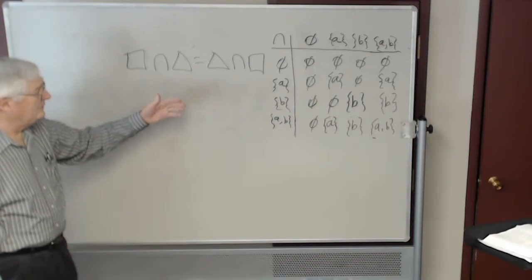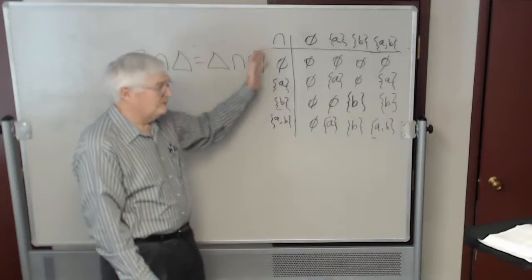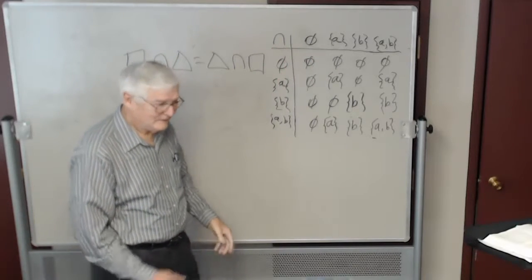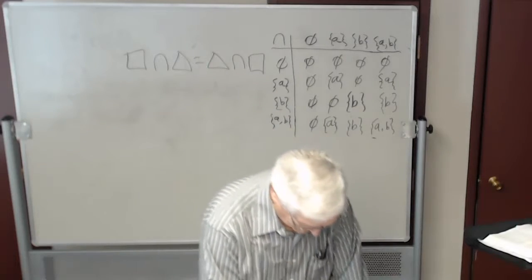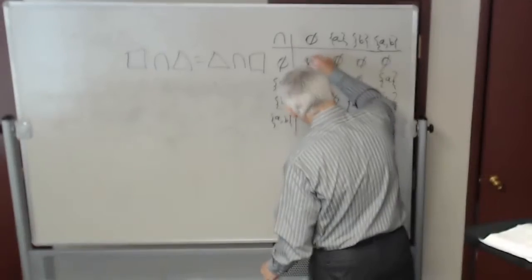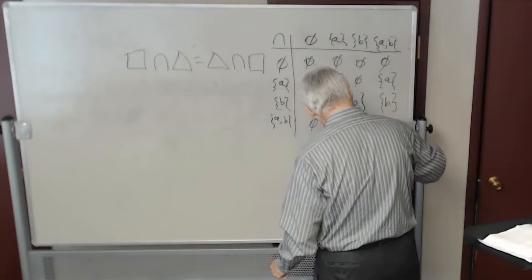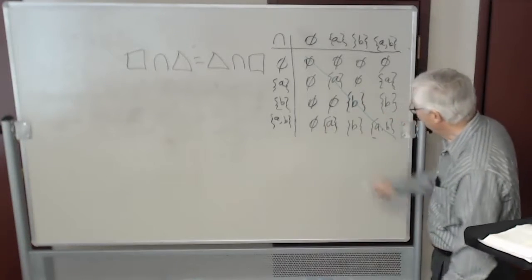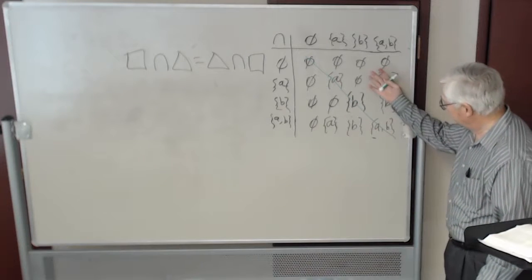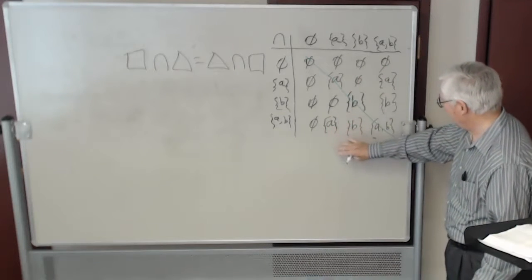So what can we do? We could do all four of them. You follow me? We could make a chart like we did before. Or we can get our little green marker and say, hey, I learned something earlier that says if I draw this diagonal and if this is a mirror image of that,